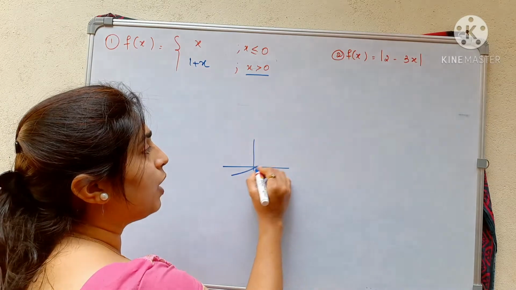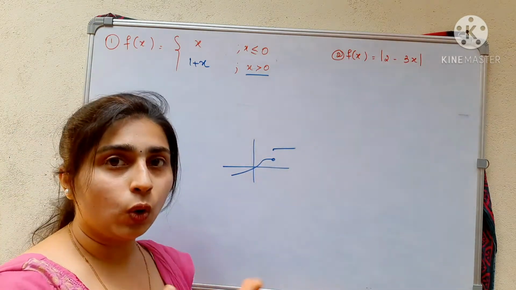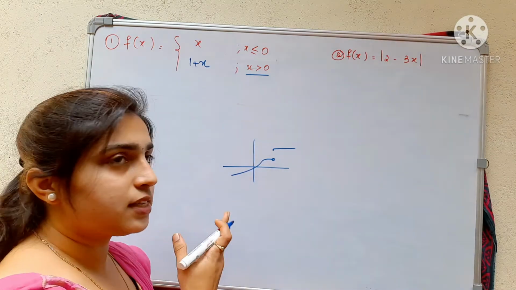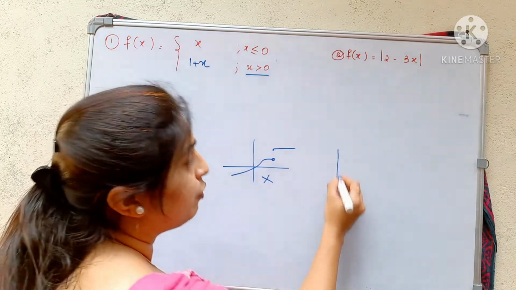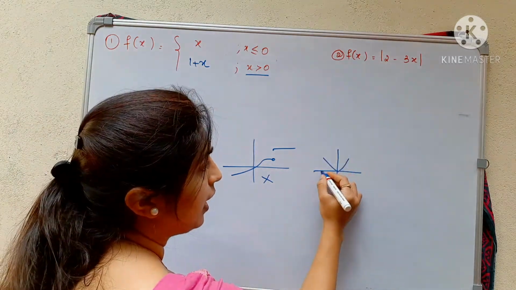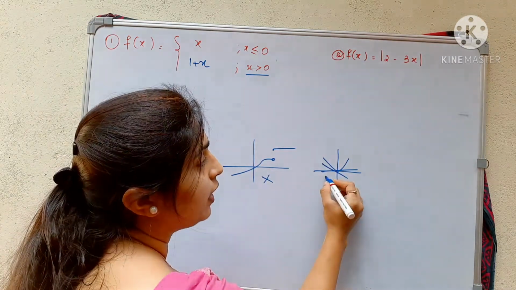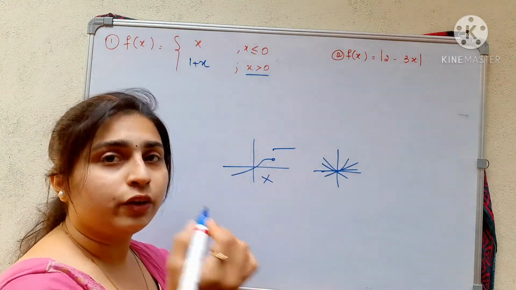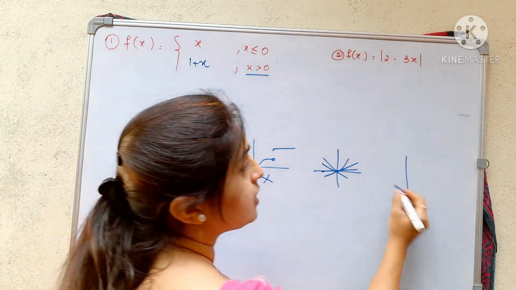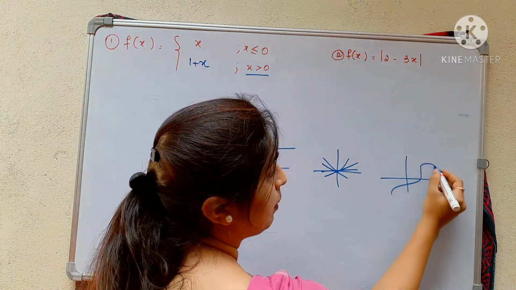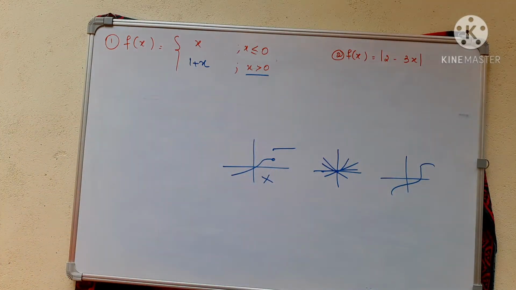In a graph, if you have a discontinuity, if it has a jump, a hole or any gap, then that is a discontinuous function and it will not be differentiable. If it has a sharp turn or edge, then that also is not differentiable, because at this point I can draw many tangents. A differentiable function will have only one tangent. If it has a vertical line or a steep line at a point, then that function is also not differentiable.